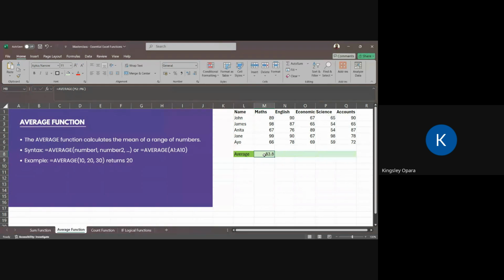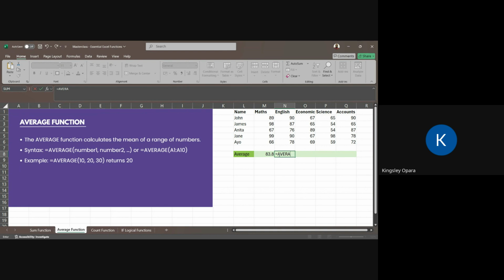Okay, so that's for average. All right, let's run the calculation again. Remember, I told you can run your average like this, equal to average. You can type it entirely, or whenever Excel shows you these options, you can just select it.